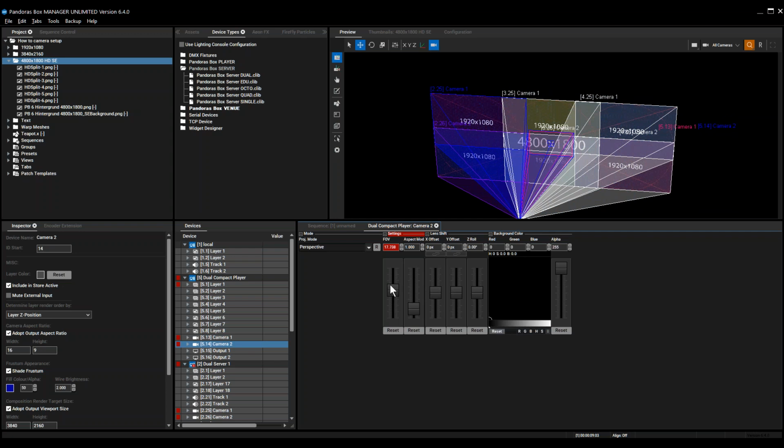So now you can see, I can now position it correctly to the 4800 and make the field of view as big as I need it, right? So now this display inside my big projection will display the correct part of that